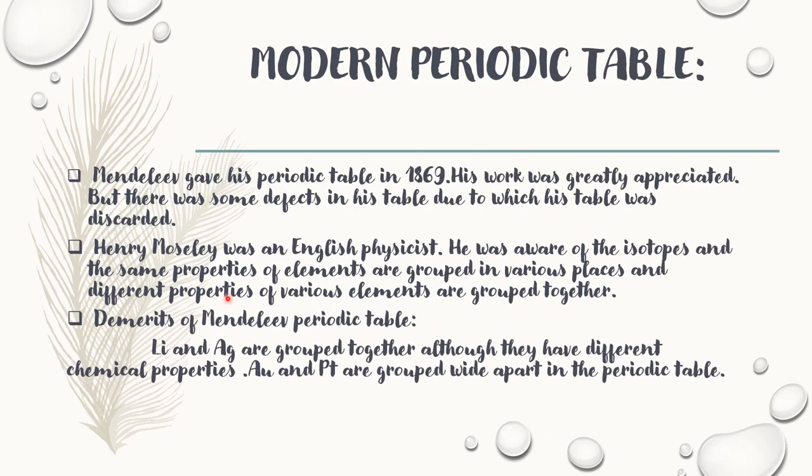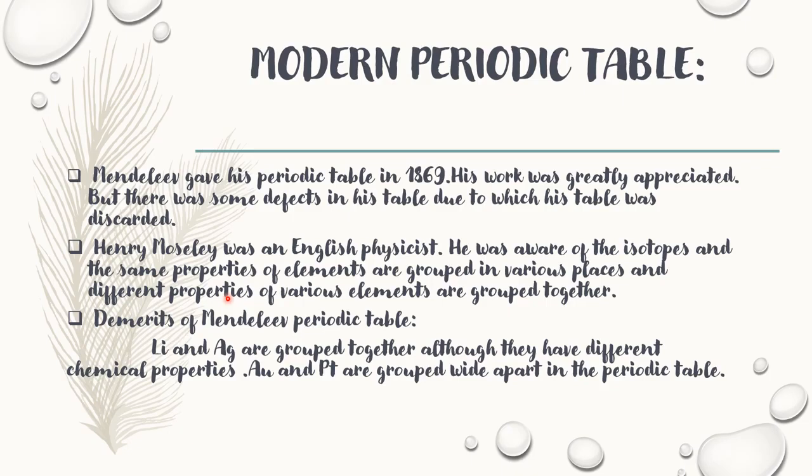In this slide, we are going to see the defects in the Mendeleev periodic table and how the modern periodic table arose. The first point is Mendeleev gave his periodic table in the year 1869. His work was greatly appreciated by all the scientists, but there were some defects in his table due to which his table was discarded. And then